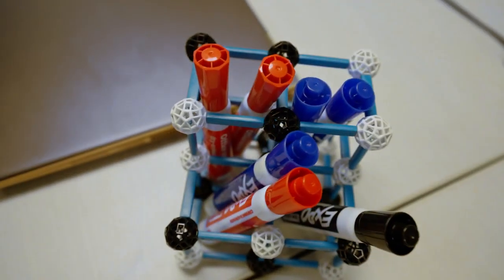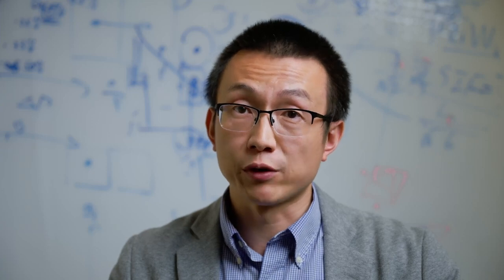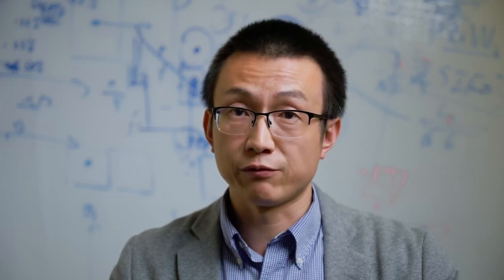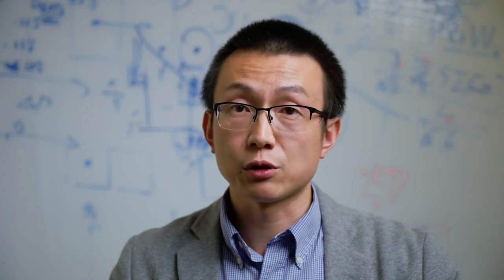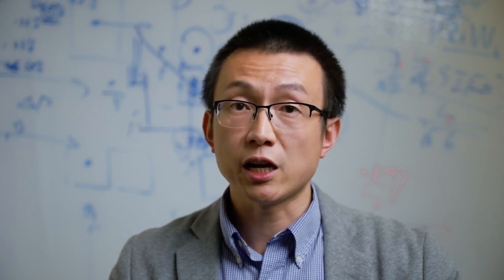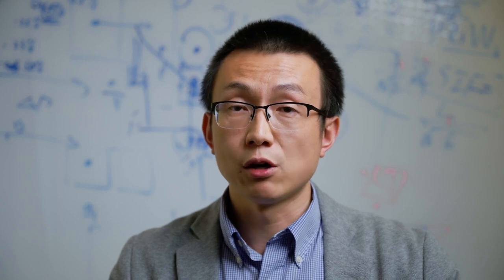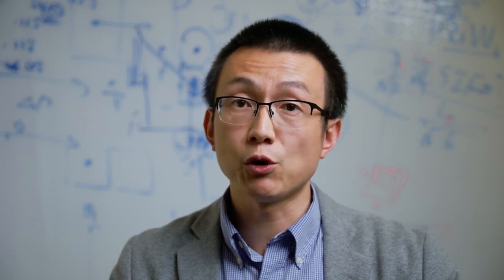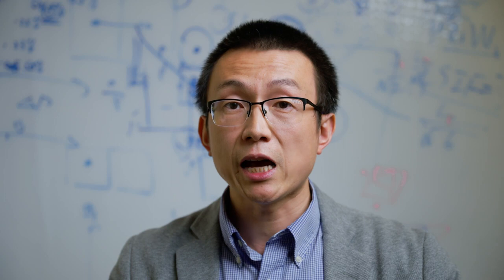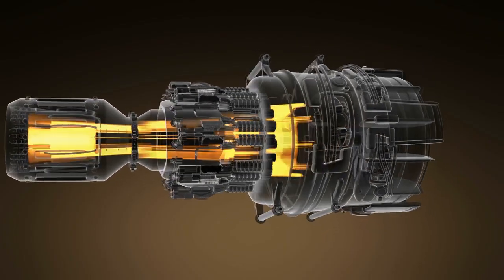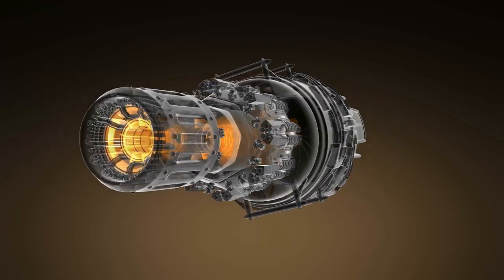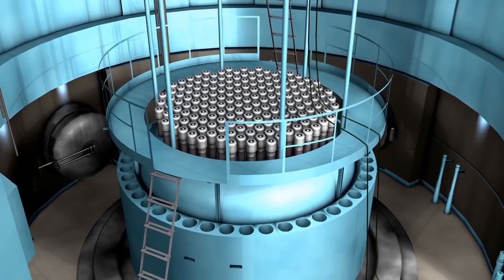First, I would like to understand how multiple types of chemical elements affect these defect properties. For example, there's a new type of material called high entropy alloy, which can contain 4, 5, or even more types of principal chemical elements. This high entropy alloy can be applied to construct more fuel-efficient airplanes or safer nuclear power plants.